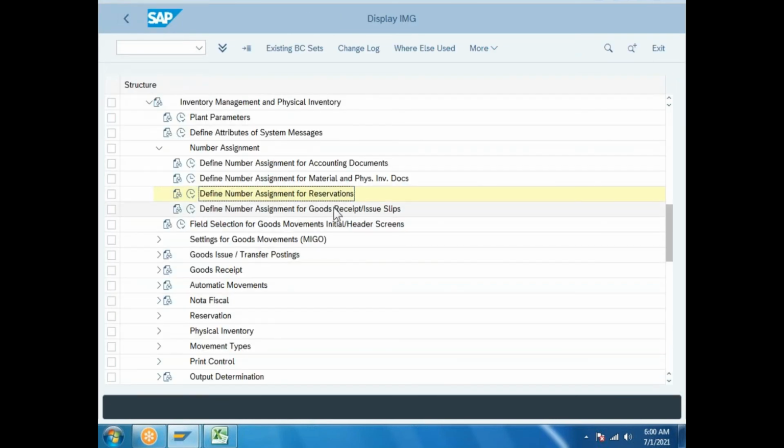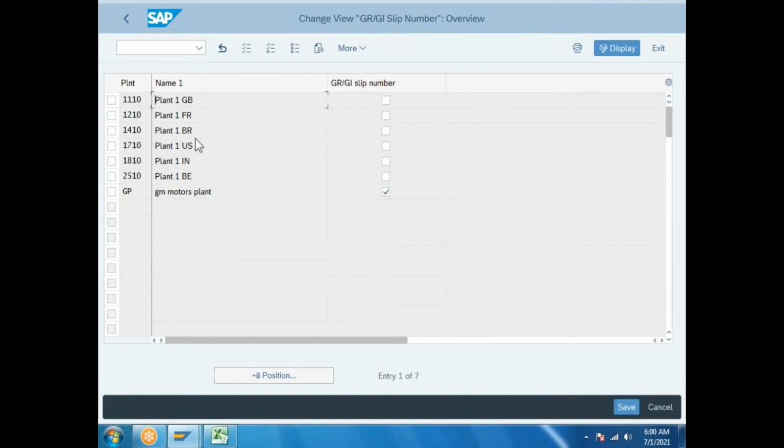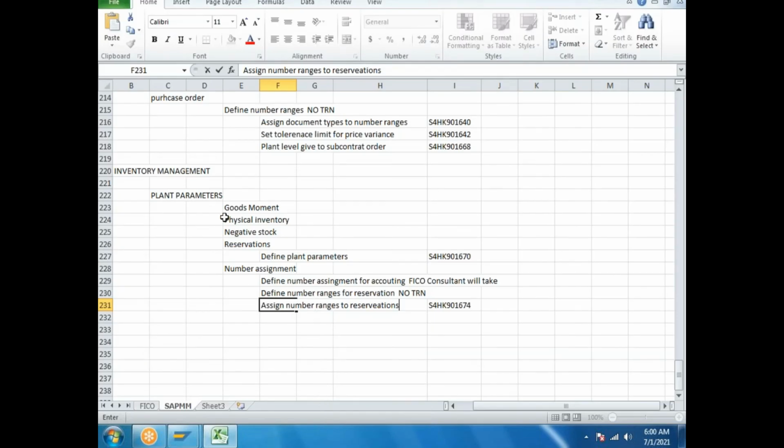Then here, goods receipt and issue slip. This also has a number. First we can create here the plant. What is the plant level? GP, we need to activate it. When will we activate it, ma'am? Plant parameters, and it is activated automatically and will come here. Understand? Say it again. Plant parameters, we have done the step here.